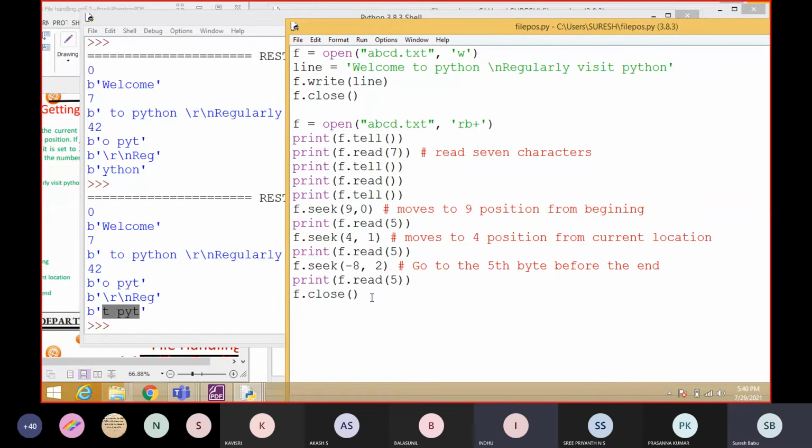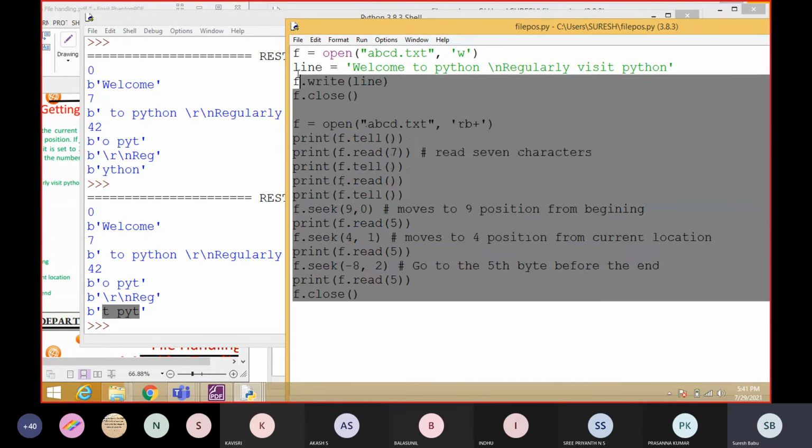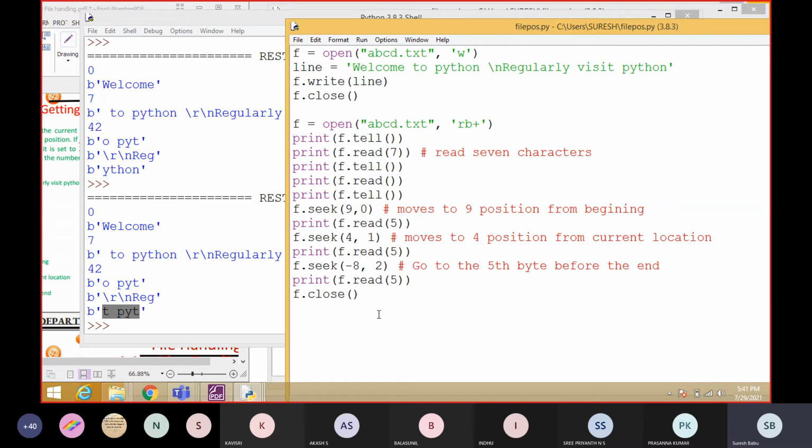Kindly note down this program. They will ask what is the usage of the seek function and tell function. Otherwise they will give this kind of program and ask what is the output of the following program. So understand what tell is, and you should know how many bytes are moving and where the current position is. File handling is a very important chapter, and in this chapter we include all the concepts. I already told you many times, so kindly practice. Without practice you cannot do anything in file handling.